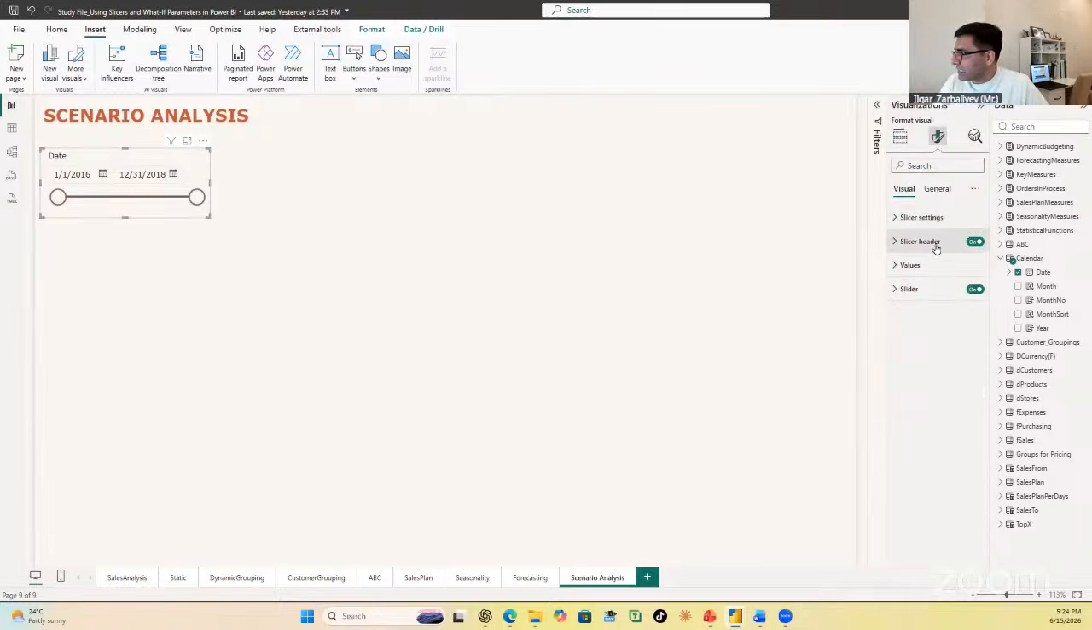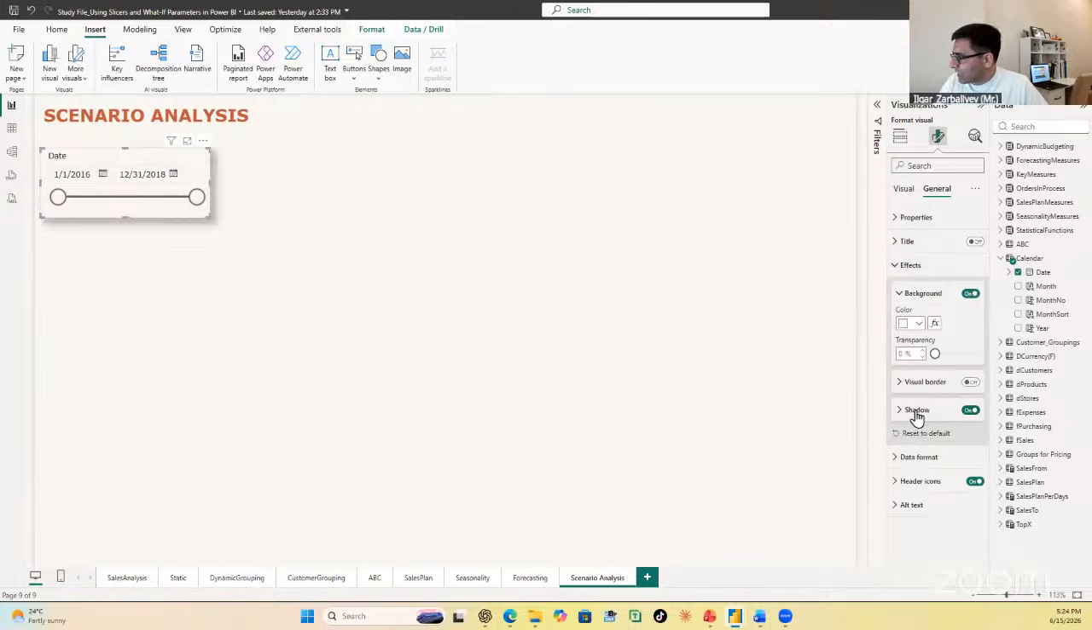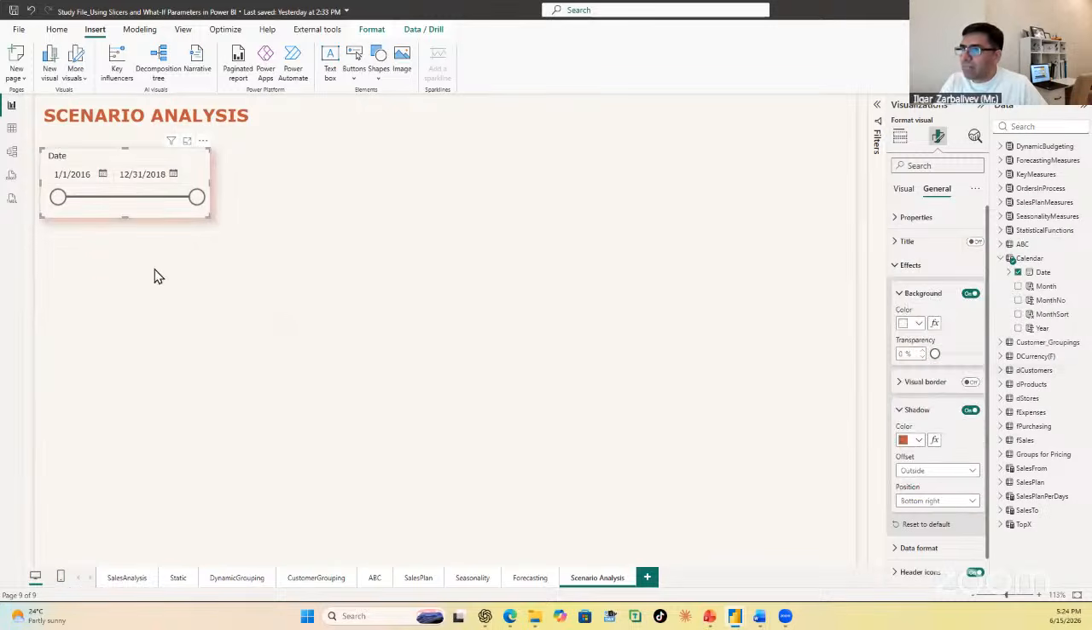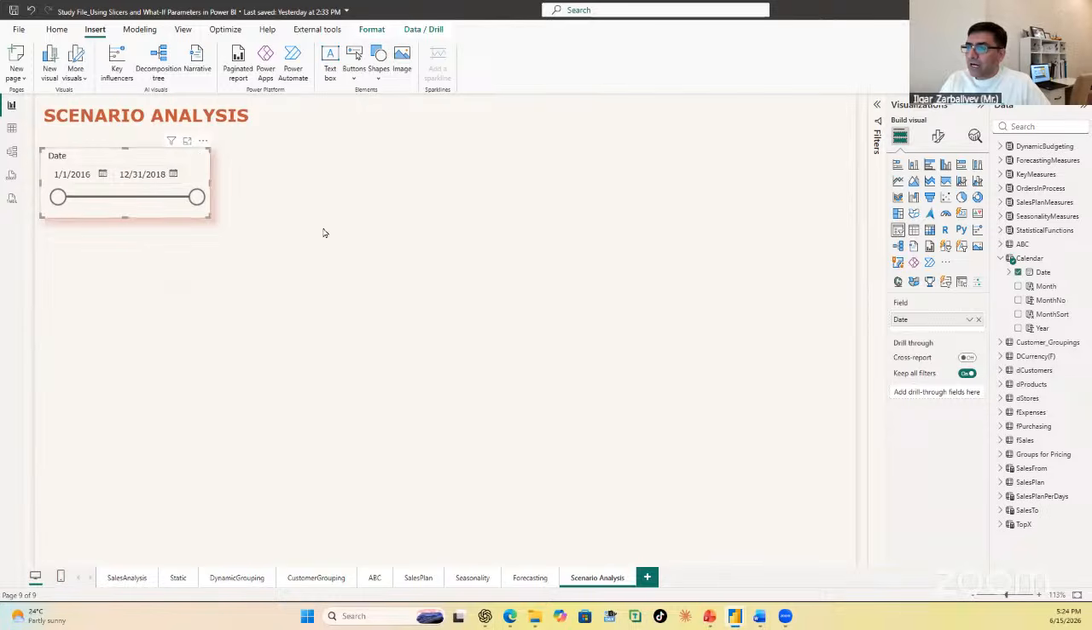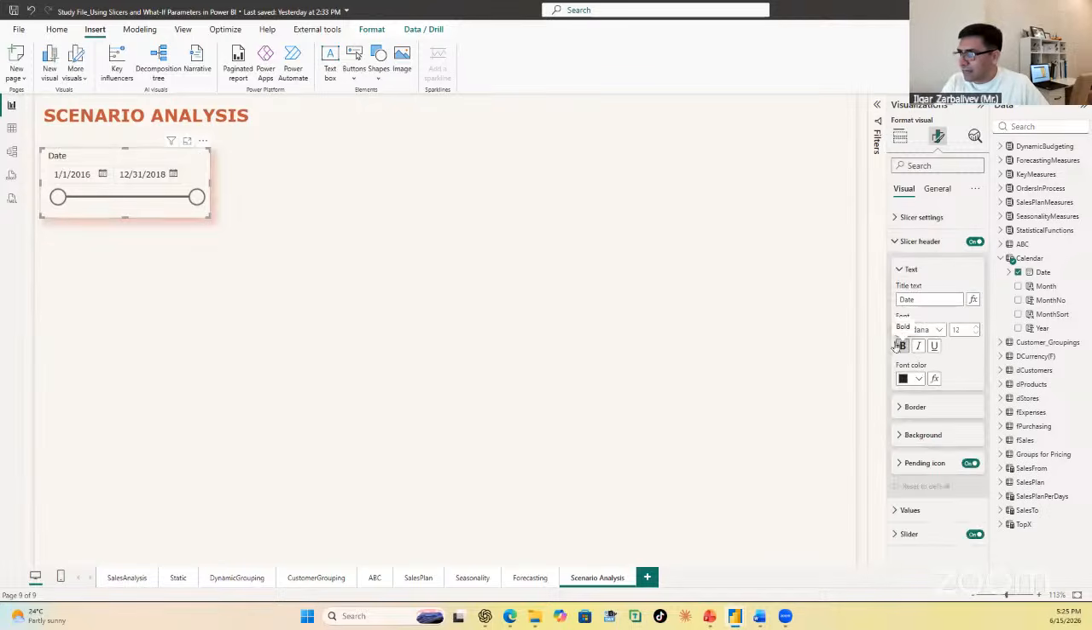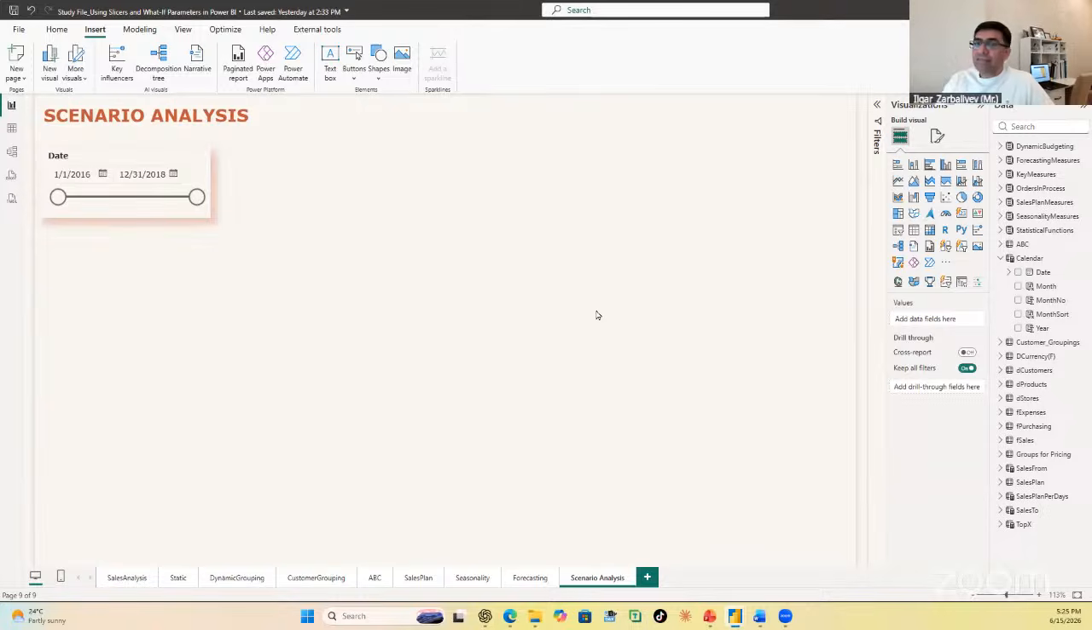From this part, for example, I can give a little bit of effect. So let me activate this shadow, and I'm just going to select this one. And then let me also make the date slicer header bold. I think it will be okay. And now